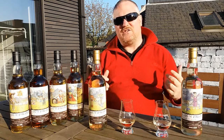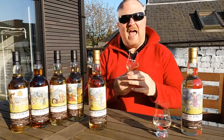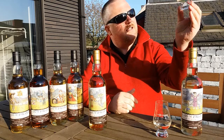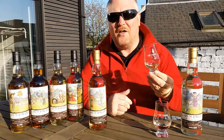So let us get started with the aperitif style whiskey, in my opinion, the Speyside 18-year-old. Bottled at, as I said, 53.4% ABV. Sunlight in your glass, and this is quite beautiful with the last rays of sunshine still on my face. On the nose,